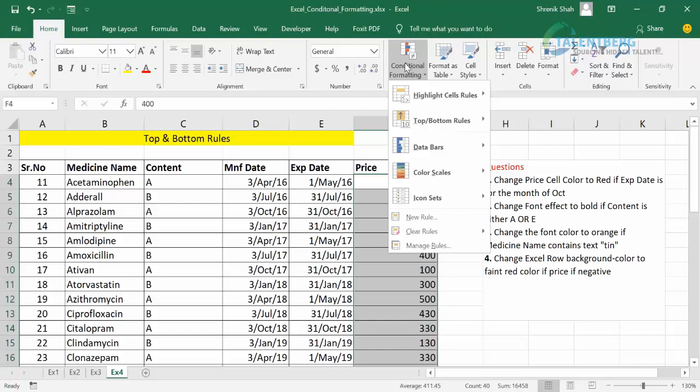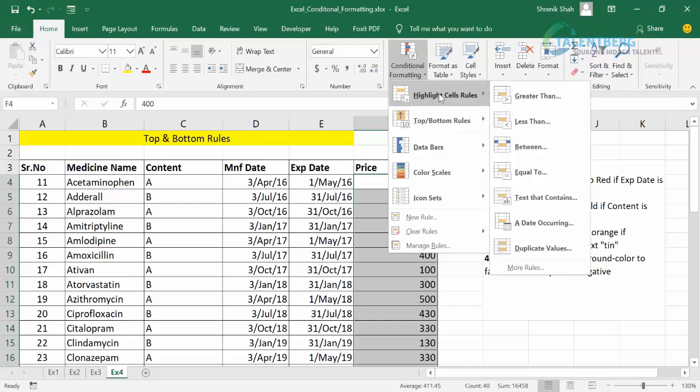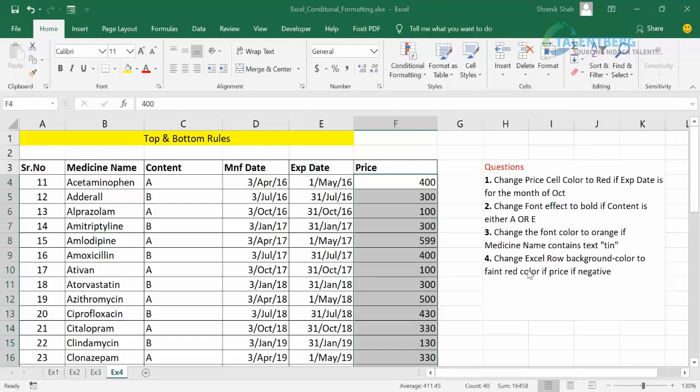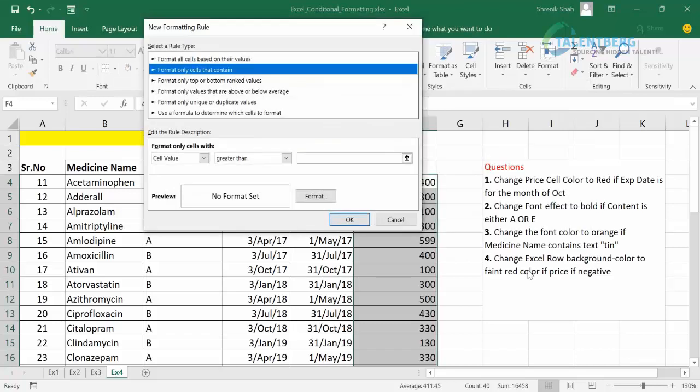Now the next thing is how to change the price color to red, checking the month of expiry date. For such customization options, in highlight cell rule, select the option more rules. You click the option more rules, and in more rules we have some rule types. Now we have one rule type called formula to determine which cells to format. Read all the rule types.